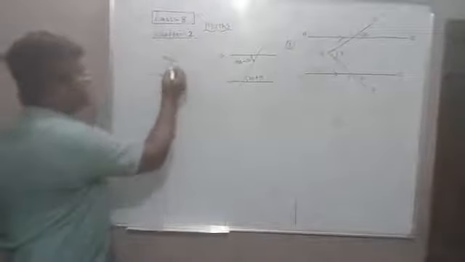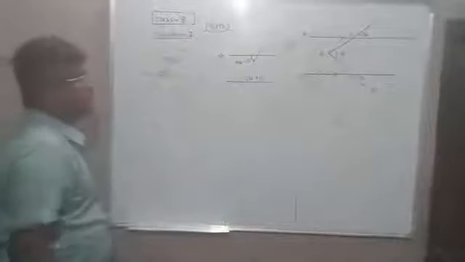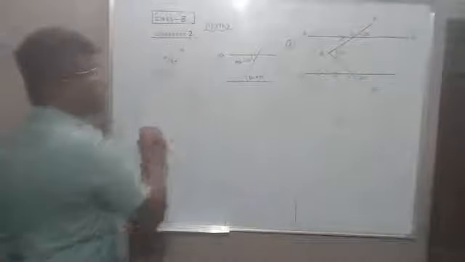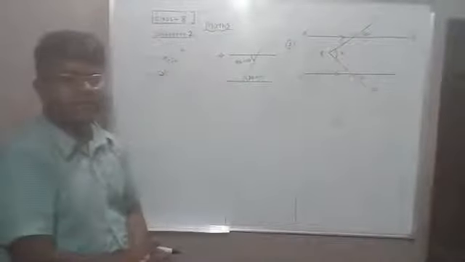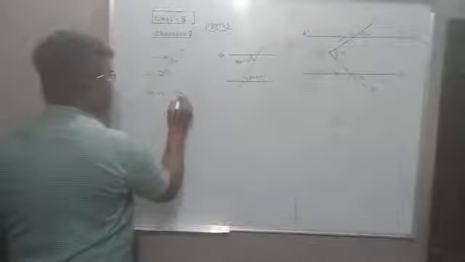What we are looking at here is this transversal line dividing the parallel lines into a left hand side and a right hand side. Both are interior angles, one just above and one below. Which type of angles are they? It is quite clear that these two types of angles are co-interior angles. So if they are co-interior angles, 5x plus 60 degrees is equal to 180 degrees.